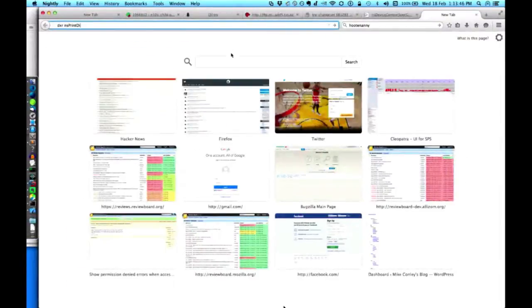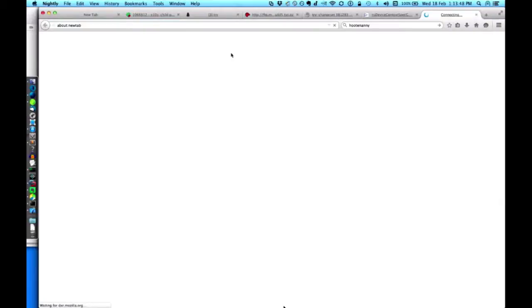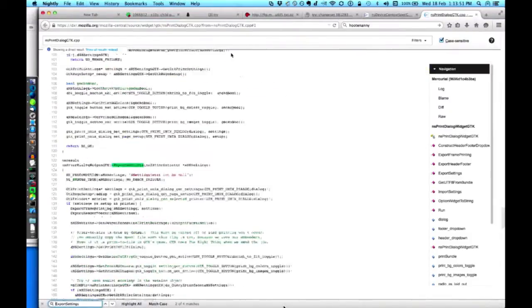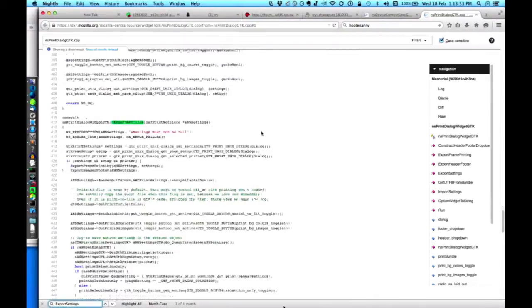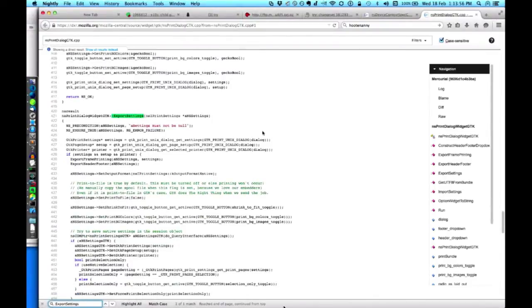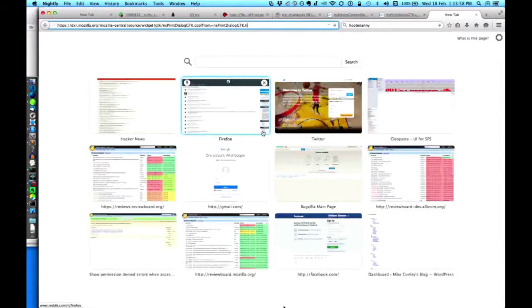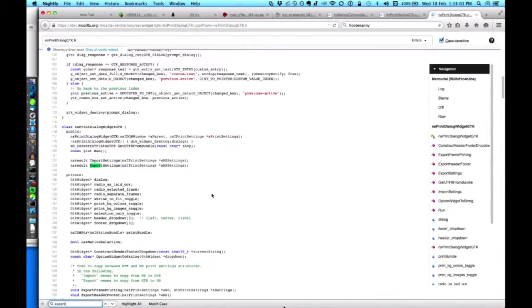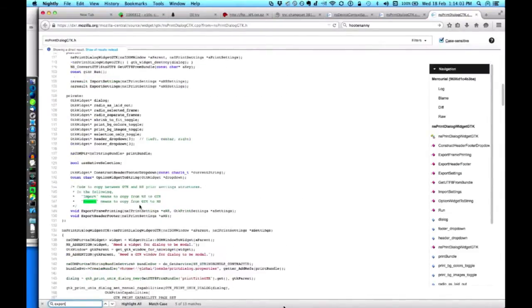Print dialog GTK. So here it is. Just so it's clear what this does, I think there's a comment in the header about it. Export means to copy from GTK to NS. So whenever you open the GTK print settings dialog, we import, which means to copy a bunch of the default settings from NS, which in this case stands for Netscape, I guess, because this is really old code.